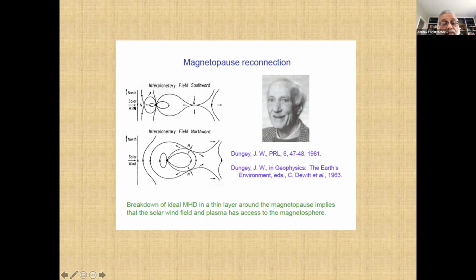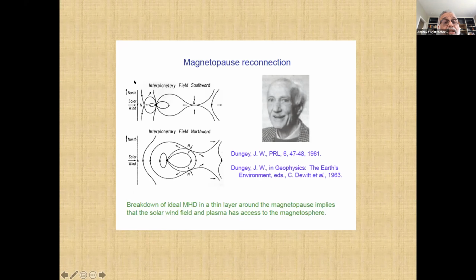In both cases, you're facing a situation where there are regions where the magnetic fields are oppositely directed. When the field is northward, this does not occur in this region because field lines are pointing in the same direction. And it turns out when you really follow through, you find that reconnection occurs in very different places, more poleward